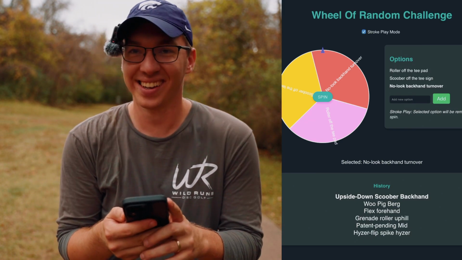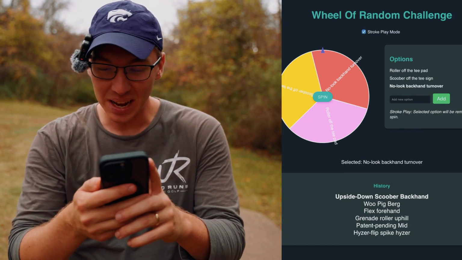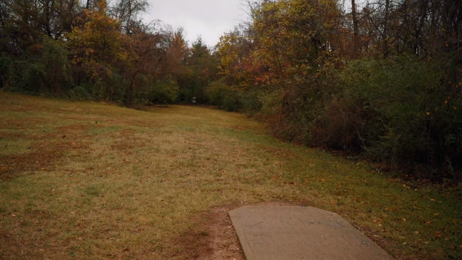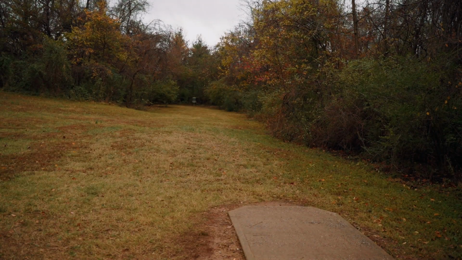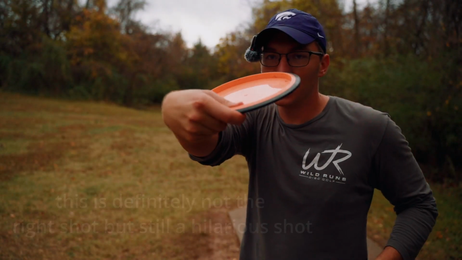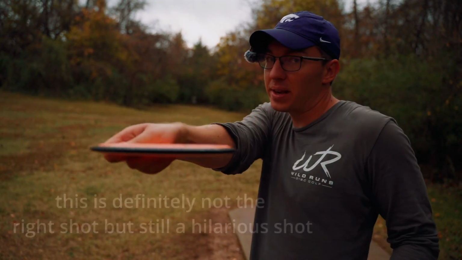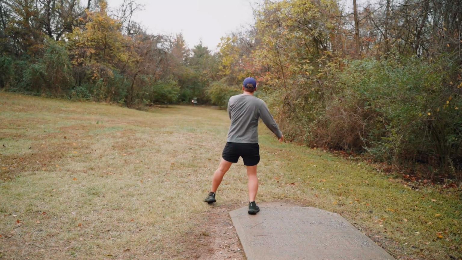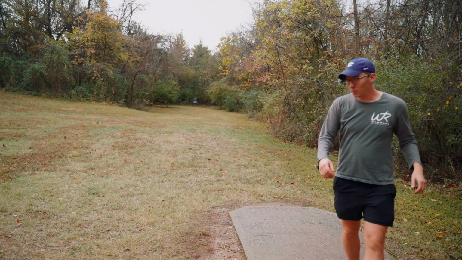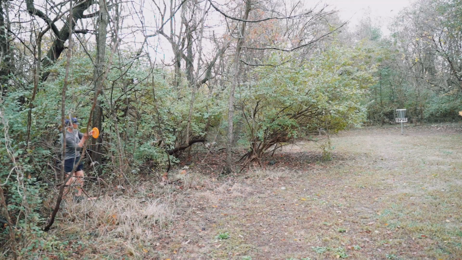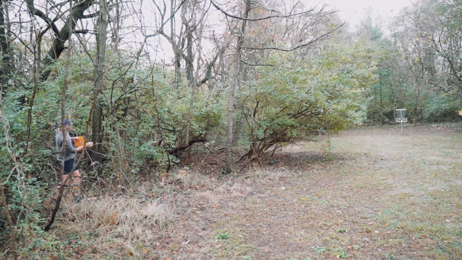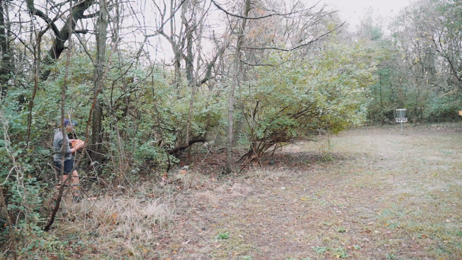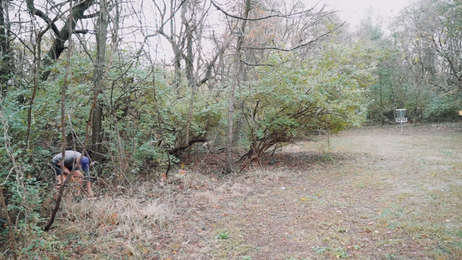Ooh, I was totally forgetting about this. We have upside down scuba backhand. Maybe wondering, how does that even work? I honestly don't know. I've seen my friend do it. So you throw it upside down on like a regular backhand. It's kind of how I would do a regular backhand. Okay, I should have known that's what would have happened. But we got an over the tree shot, my favorite. Bounce right, bounce right. We'll take it.